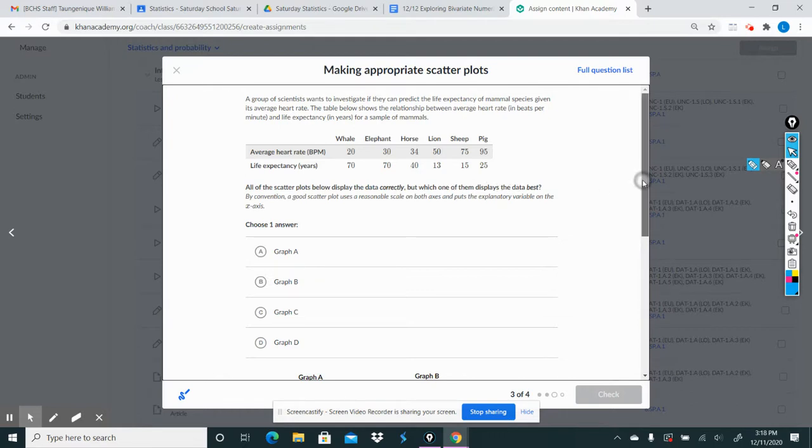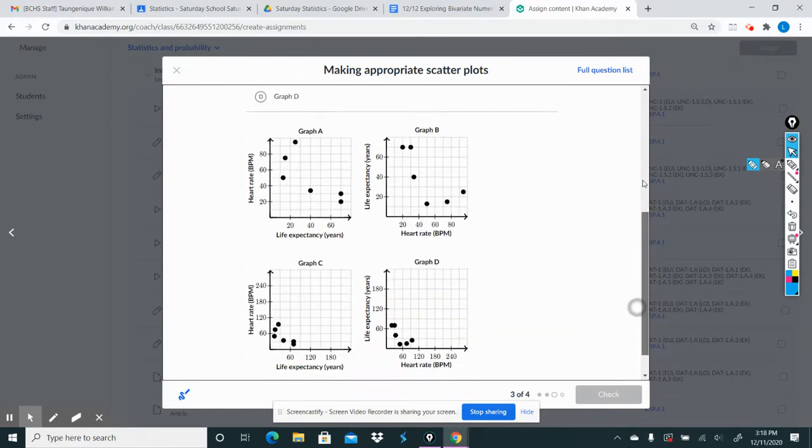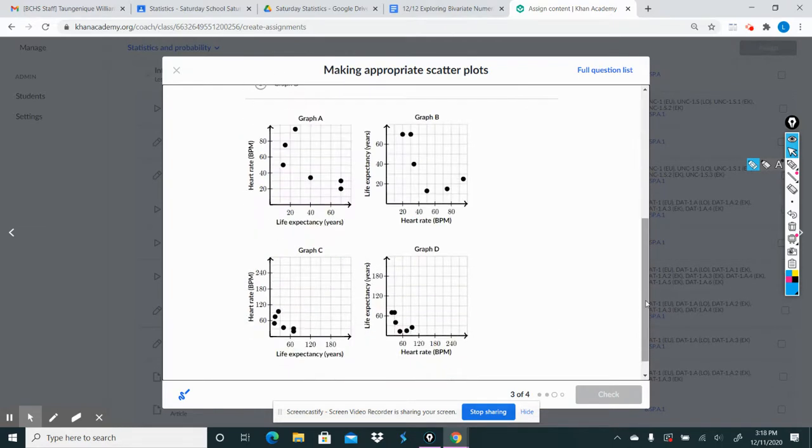So here we want to make sure, first off, by looking at our graphs, we want the average heart rate to be on the x-axis. So A and C are out as choices. So we want to see that we have